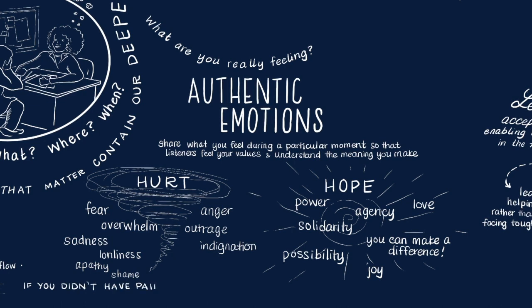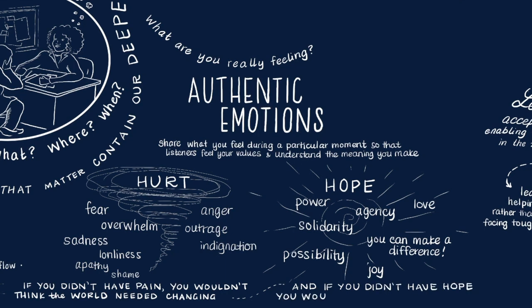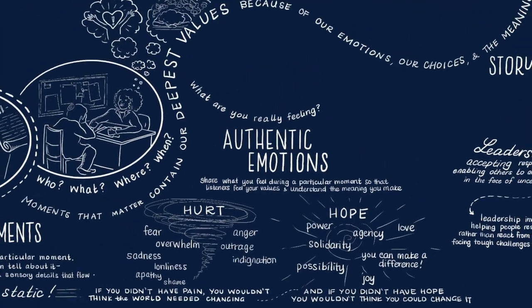The same goes for your work, so share the moments of pain, the challenges, the overwhelm, because that's real and shows why the world needs changing. And share the hope, the resiliency, the joyful wins, because that's what keeps us going and reminds us that we can change it. We need both kinds of emotions in a story. You'll often find that emotions shift in the course of a story, and you can even build that shift into the story arc. The third key element is story structure.